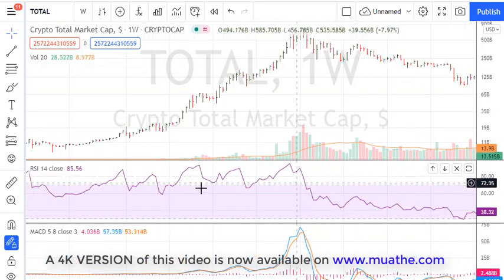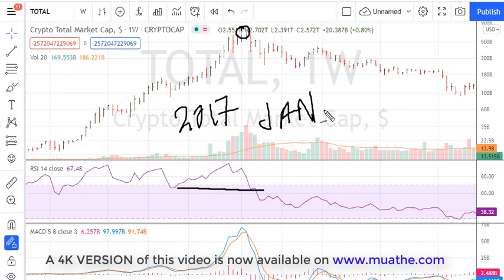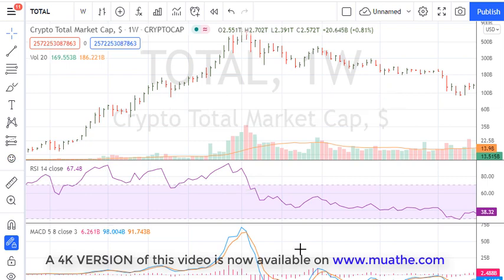All right, so I know you can't see it, but I'm just letting you know that this period here is in late 2017, and this right here is January of 2018. All right, so what I'm saying is the actual high on a weekly closing basis is right there,